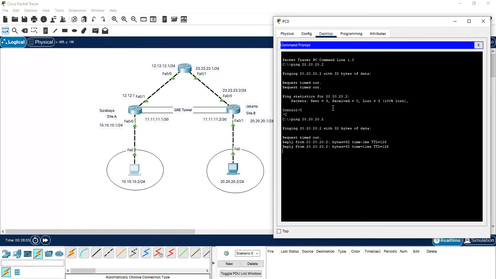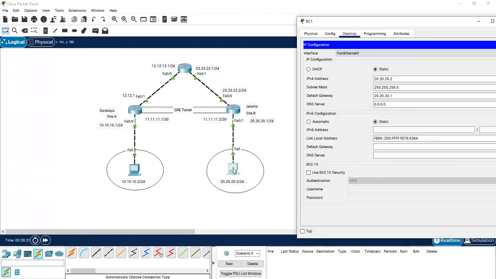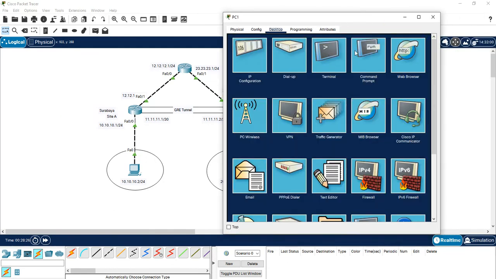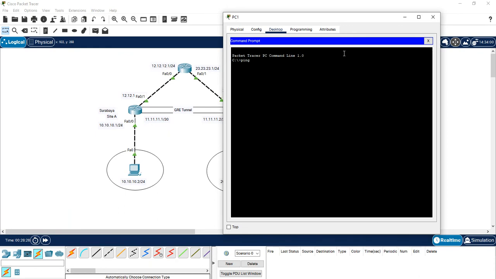It's a success, right? First a request timeout, but after that we get a reply from 20.20.20.2. Now from 20.2 to 10.2. Okay, reply.